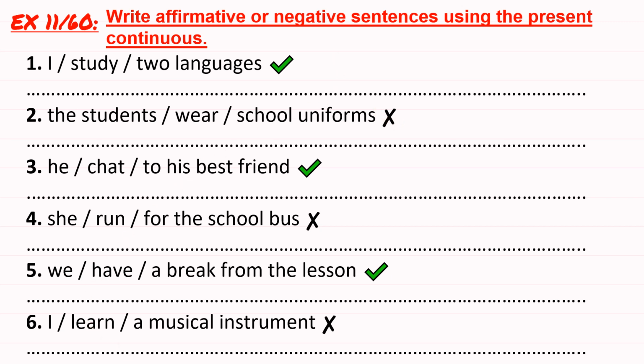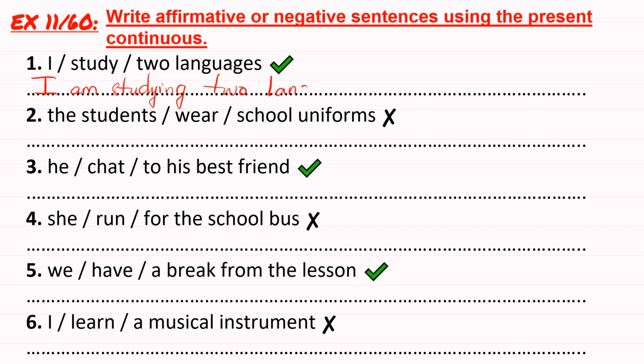Is it okay? Okay, now let's start with sentence number 1. Number 1, the subject is I. So to be in this sentence is am. I am studying